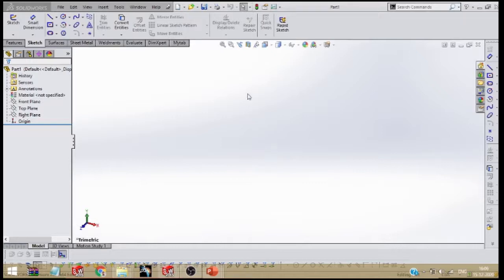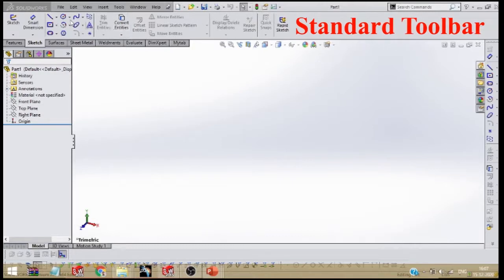Okay. Now, I will tell you each and every command. Please concentrate. Now at the top, we will see one toolbar. This toolbar or tab is called the standard toolbar. This one.